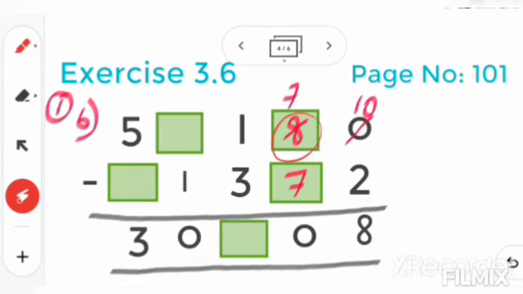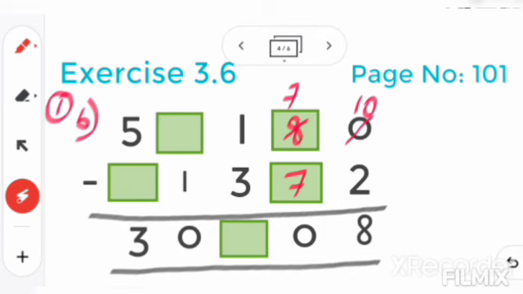So here 8, I am giving any number. If you put here 9, then here it will be 0. Okay, if you put 8, here it will be 9. Here if you put 6, here it will be 7. Since both are the same box, we can put any number here. But suppose if only one box is given, then you have to calculate and put the correct number that will come here. Since both are boxes, any number you can put, but the difference should be 0.